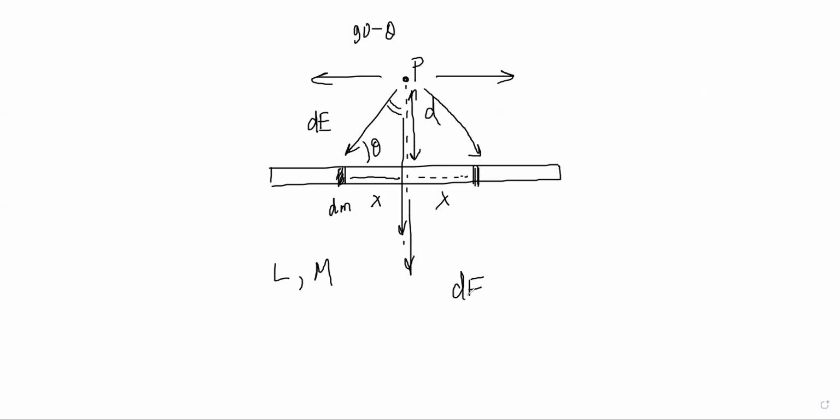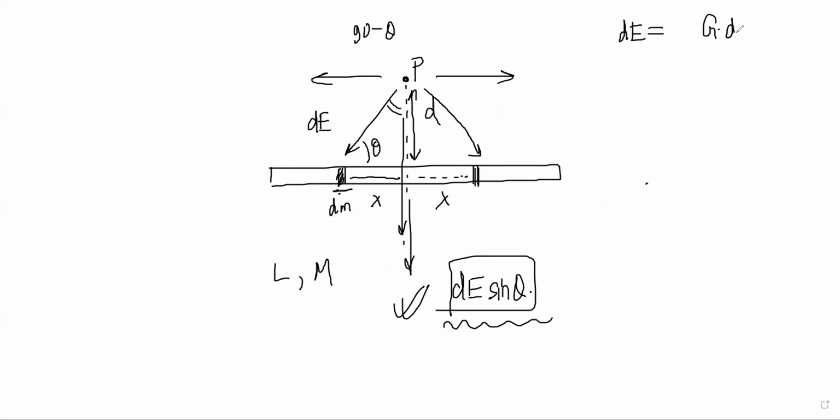So it is d sine theta that gets added, d cos theta gets cancelled. All we have to find is d sine theta due to this mass, and then integrate it to cover the whole rod. So the dE expression due to this mass dm would be G dm by whatever is this distance square,